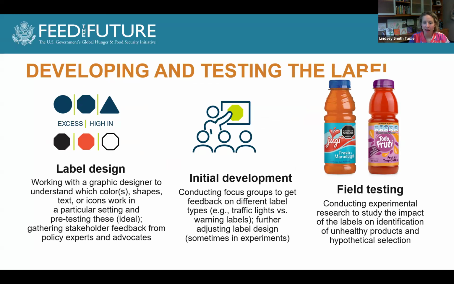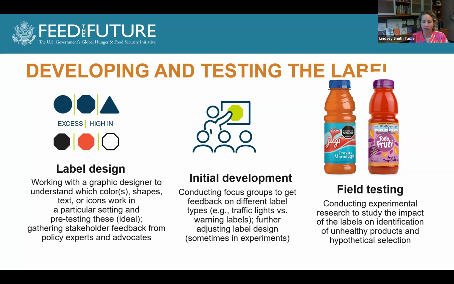And then next, this goes more into labeling, but this is where we think about, okay, now we have all this evidence on front of package labels from around the globe, but what's going to work to communicate to this particular group of consumers? And we might think about a particular country. What languages are there? I've done some work in South Africa where they have 11 official languages. And so that means that we need a label that's going to be able to communicate across languages. The visual elements are really going to be important.